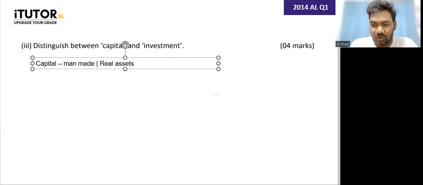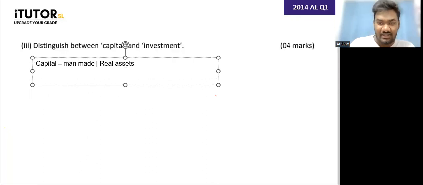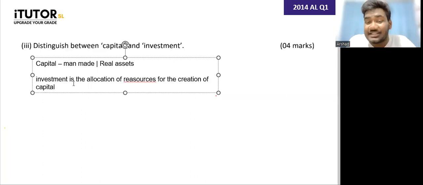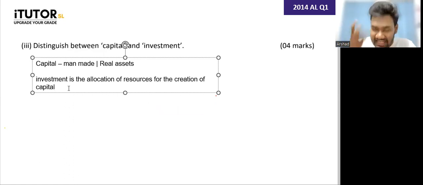Then, what can you tell about investment? Okay, Q1 page 11, that is also there. What can you tell about investment? Nice, I have a nice answer. Investment is the allocation of resources for the creation of capital, or in other words, in order to accumulate capital. Real assets mean, guys, physical, tangible assets. So you can say, in other words,